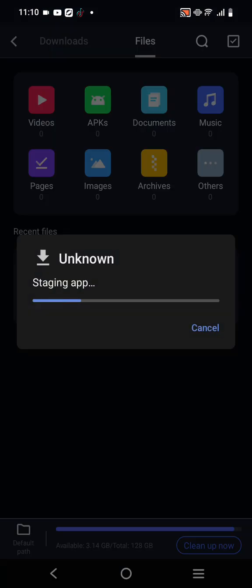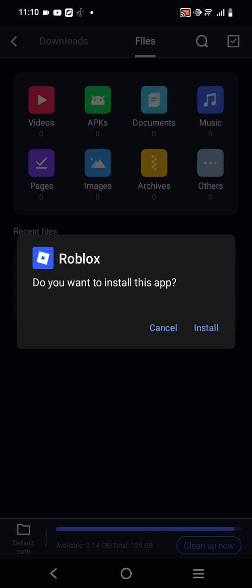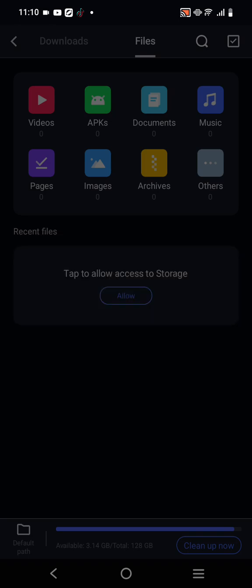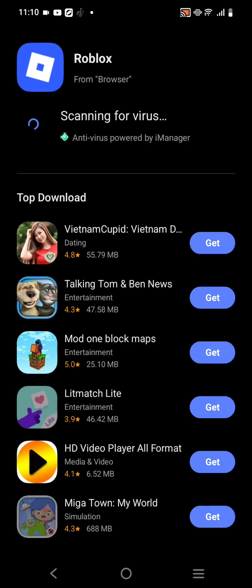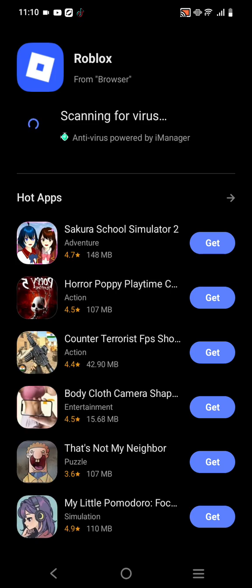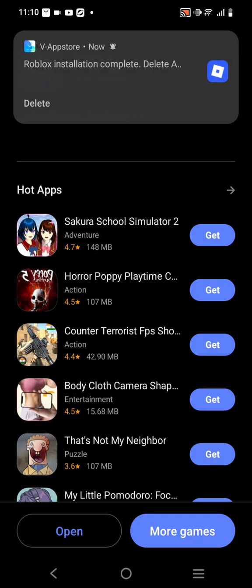Now let's search. Wait. This is in the Vivo app. This is on a Vivo phone, so it's like this. And it's almost done. See, I'm a master, right? I just downloaded my Roblox that has Delta in it. I just want to make you a lot happier. Wait, it's almost done. This is safe, by the way. See, installation completed.